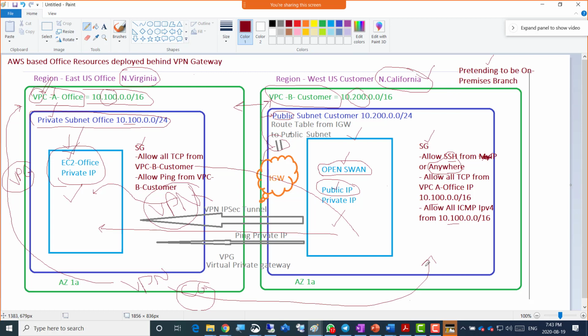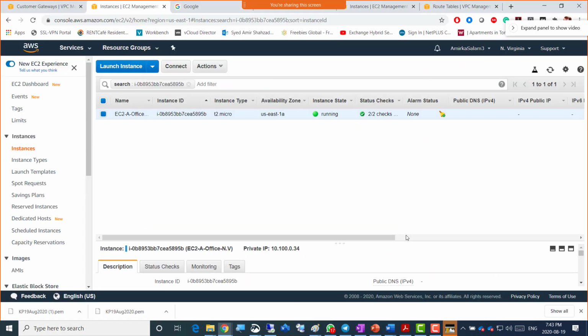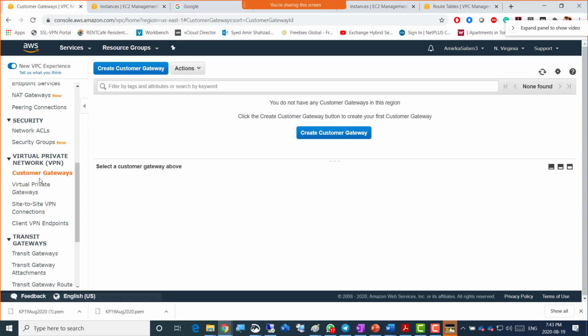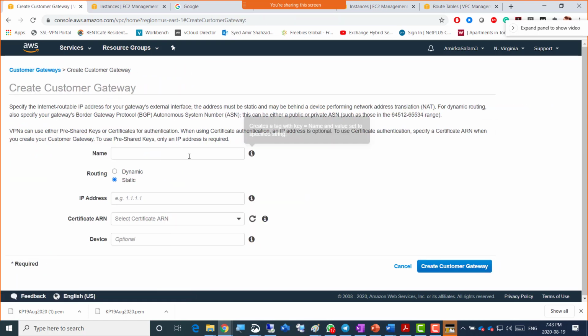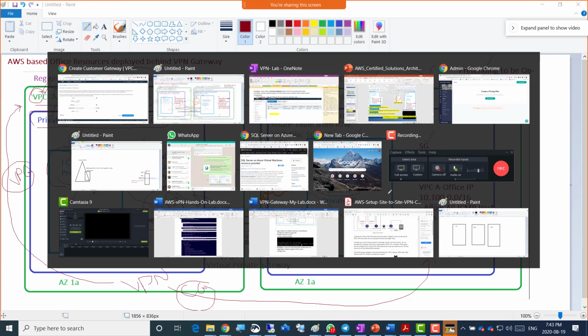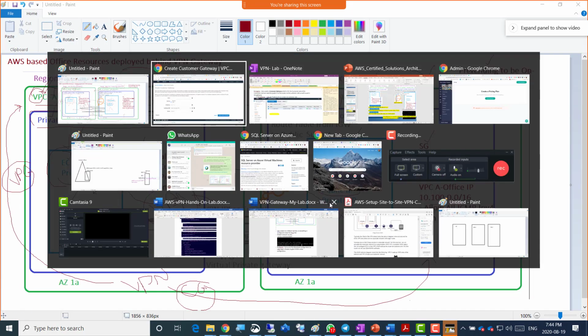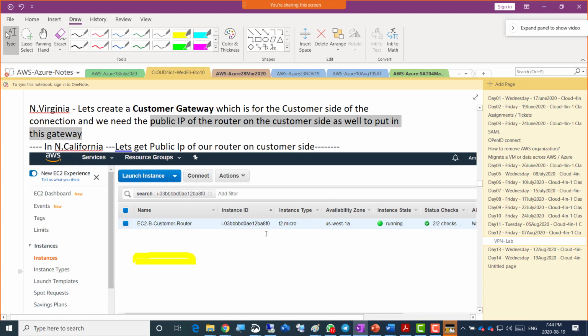Okay, so let us go ahead, and now we're gonna go for the customer gateway. So I'm just going to click that customer gateway and click create customer gateway, and it's asking for information. You can use static protocols there or dynamic protocols as well, but if I go back to these, so you can see that